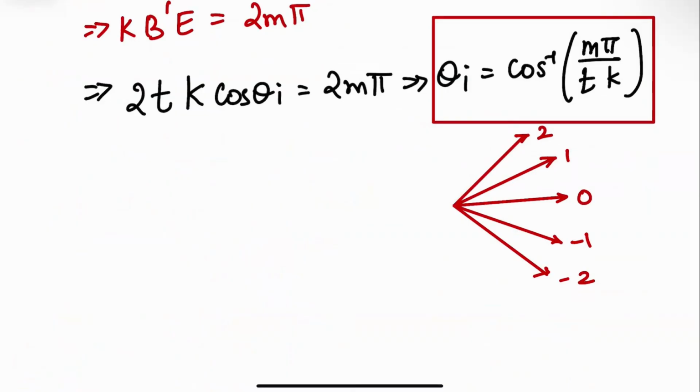So you can't have maybe m greater than 3 or 4. It depends on the waveguide, depends on these values, and depends on the material. But essentially, your m can only be discrete values, or your theta i, your k space, or your angular spectrum